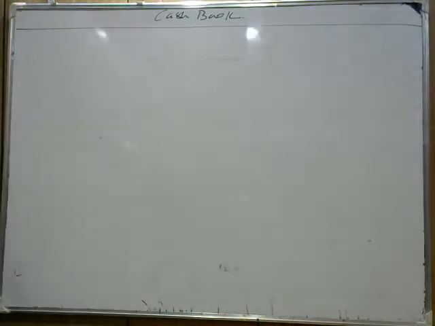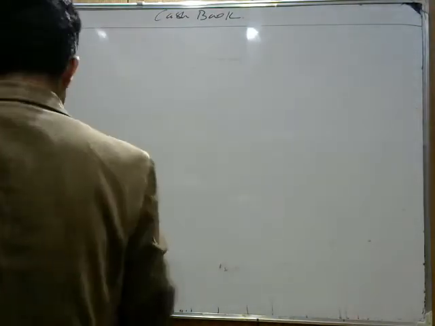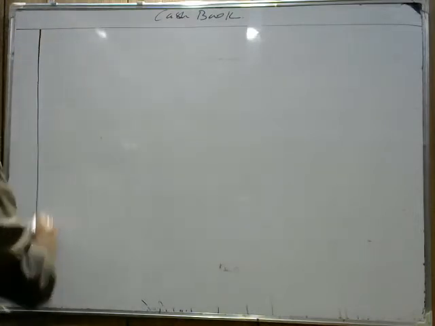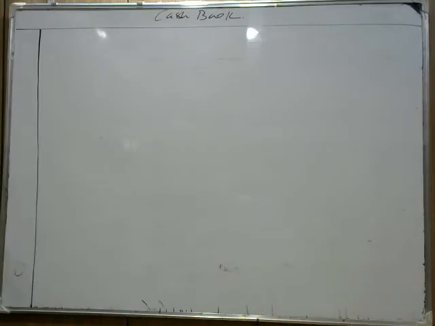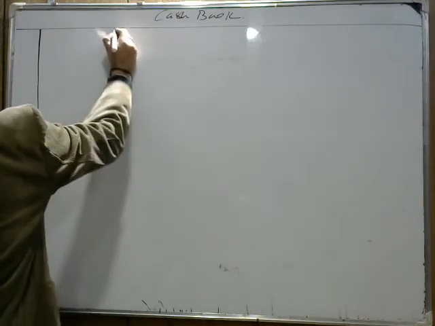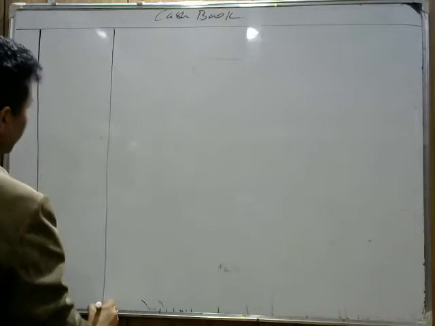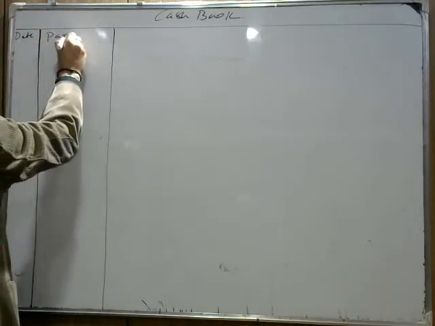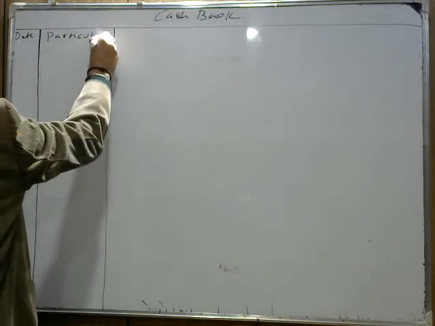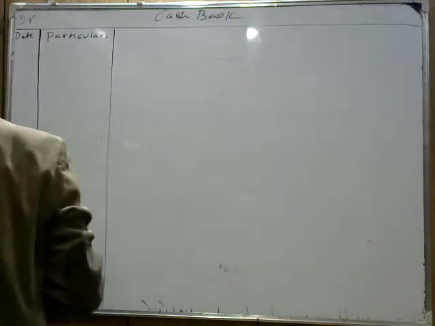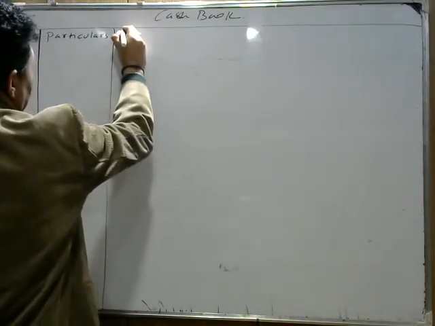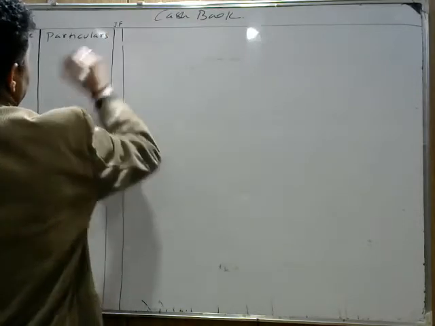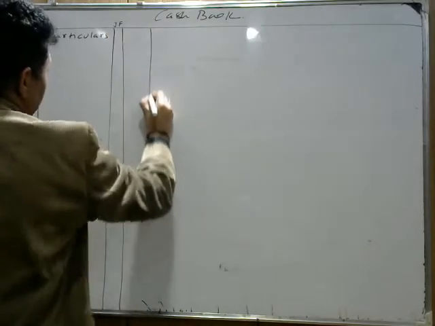Okay, and you check my marker first, whether all are working or not. The first one is we make date. Next is the receipt side, where we call it particulars. So we write date over here, then particulars. This is the debit side, the receipt side. Then we make a column of JF, general folio. So we write JF. Then we write amount, how much we are receiving.